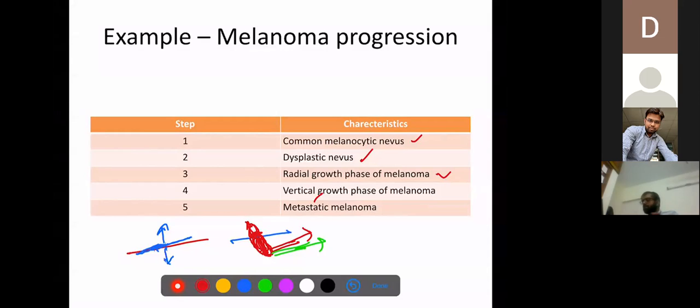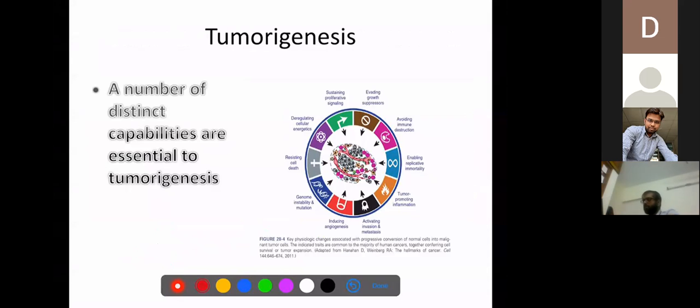Okay, coming to tumorigenesis or the generation of tumor. So how does that occur? It is not going to be a single physiological process which is going to cause a tumor generation. It is going to be a variety of physiological processes, or there are going to be distinct capabilities of tumor cells to progress into a tumor as such. So what are all the distinct capabilities a cell should have to become a cancer, I mean, to undergo carcinogenesis? So the first one is going to be